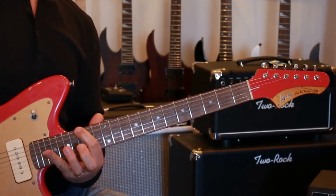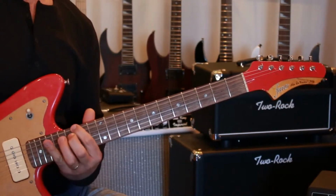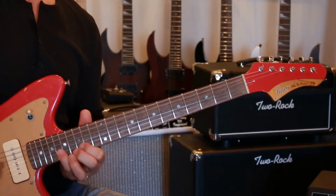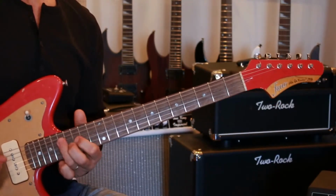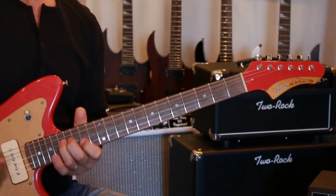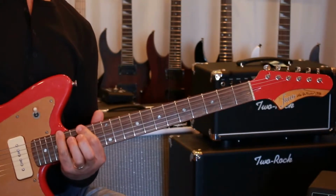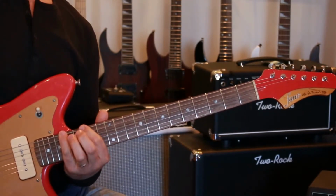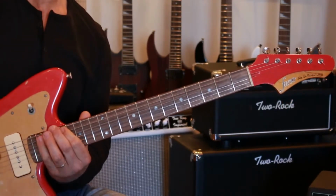Now we're back on G, which is form number 1 that we started with, but up an octave higher. So that looks like this. Still fit in form number 2, which would be up here on the 18th fret. Okay,